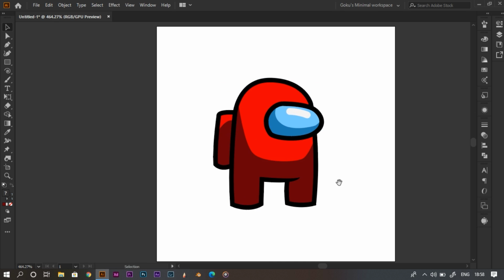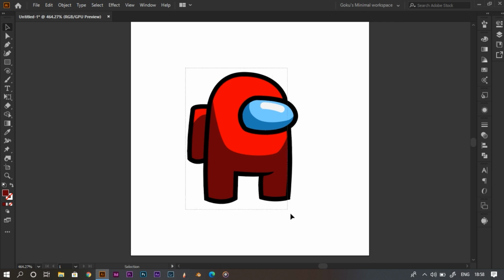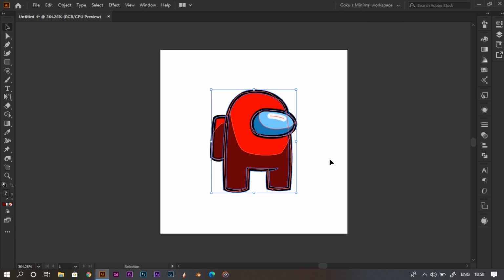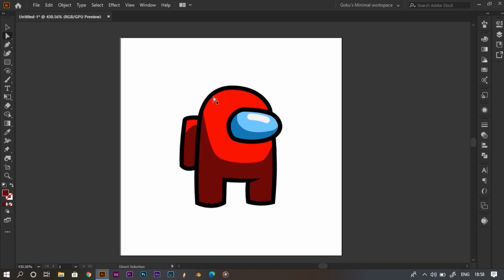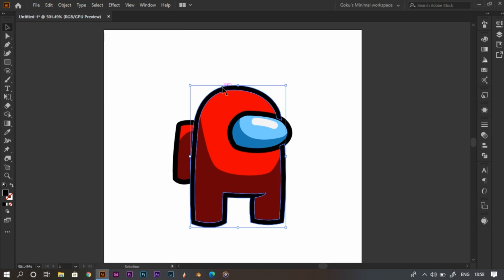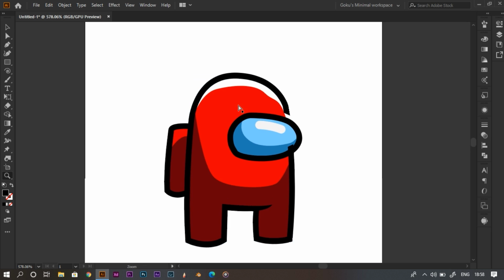Yes, now we'll select all and drag it to the artboard and just scale it using the Selection tool, and we'll just click on its bounding area to scale it. So I think the length of its body is still too small, so we'll increase it. We'll select the body layer. We'll use the Selection tool and drag it a bit up.